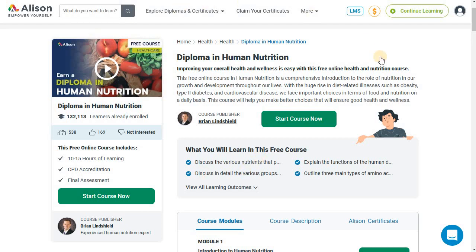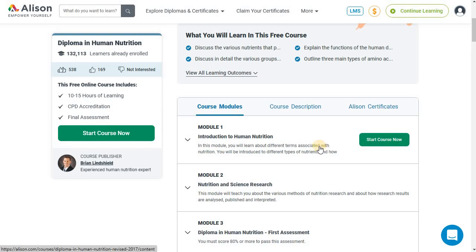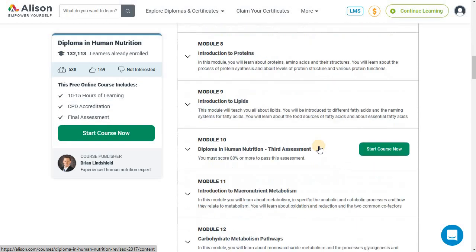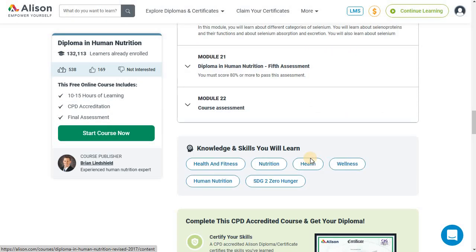So it's a good course, and most of these courses are offered by experts and professionals, plus they're verified by a panel, so the content, everything is verified and up to date, so you don't have to worry about being fluffed with wrong knowledge. It's all accurate, up to date knowledge you're looking at when you're following courses from ALISON. So always take that into mind.